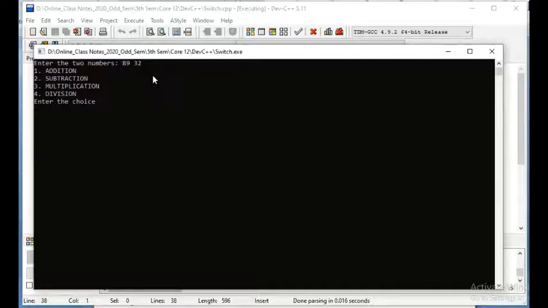If we want multiplication, we will press 3, and if we want division, we will press 4. Suppose we want the multiplication of these two numbers, so let us press 3 and enter. The multiplication of 89 and 32 comes out as 2848. So the multiplication operation is performed because we pressed the number 3.